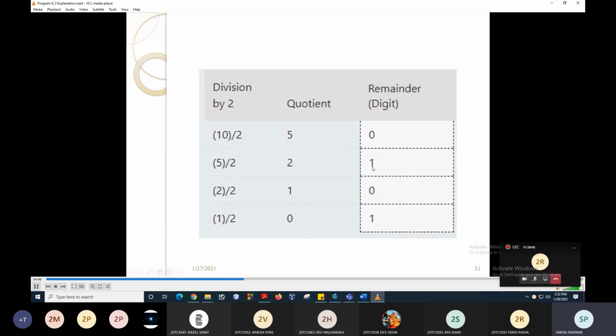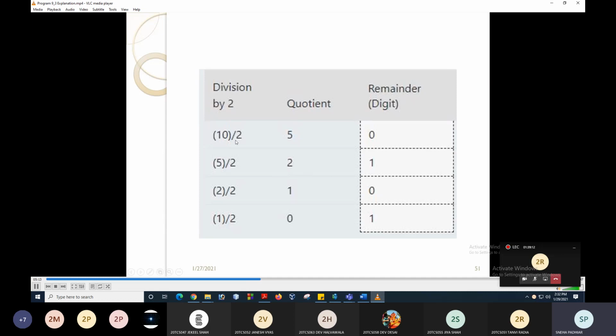So how would you obtain the quotient? We will just simply divide the number by 2. As you know, this is an integer and this is also an integer. If I write 5 divided by 2, it should be something like 2.5. But because both of them are integers, I'll get the quotient only as 2. So when you divide, you get the quotient, and when you do modulo, you get the remainder.